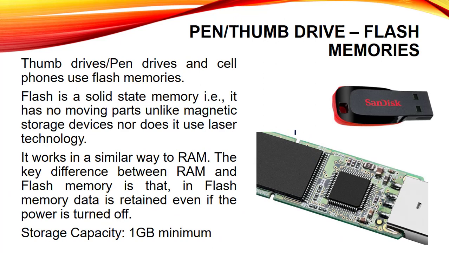Now when we talk about the term flash memory, it means a circuit chip which is able to store data. As you can see in this picture of this open pen drive, we have a circuit chip on this side, and then a circuit chip on the other side. This circuit chip is a read-write controller, or we can say it is a type of processor. And the circuit chip located on this side is the main memory or the main flash drive where all data is stored.